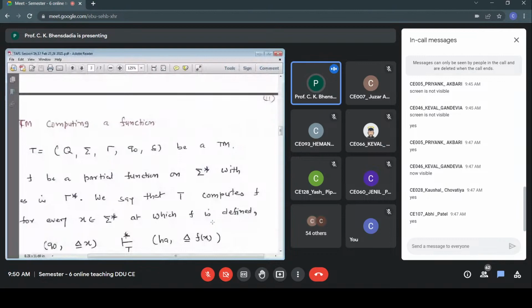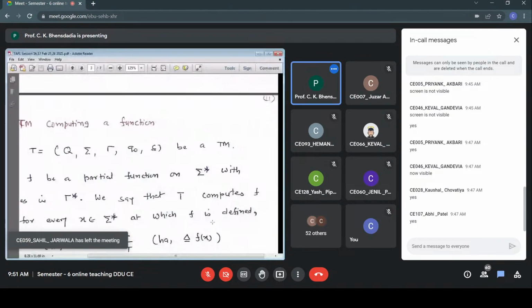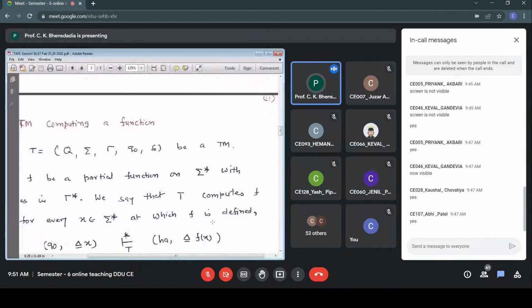When we say configuration, we mean the state and the tape. So the x starts from cell 1. Output f(x). Any x on which f is defined is accepted by T. It will only accept